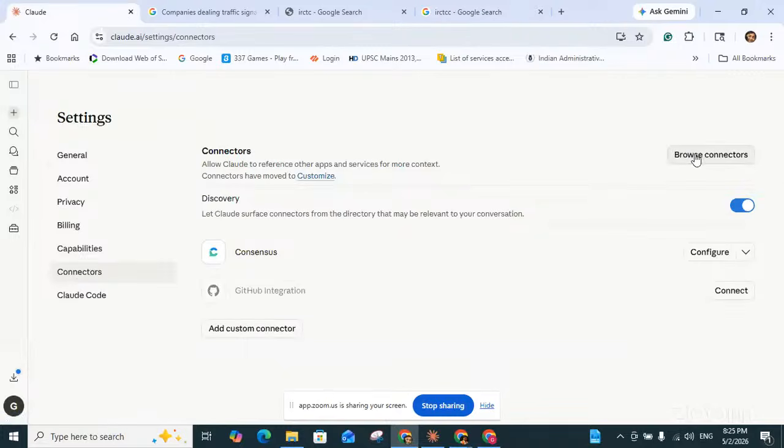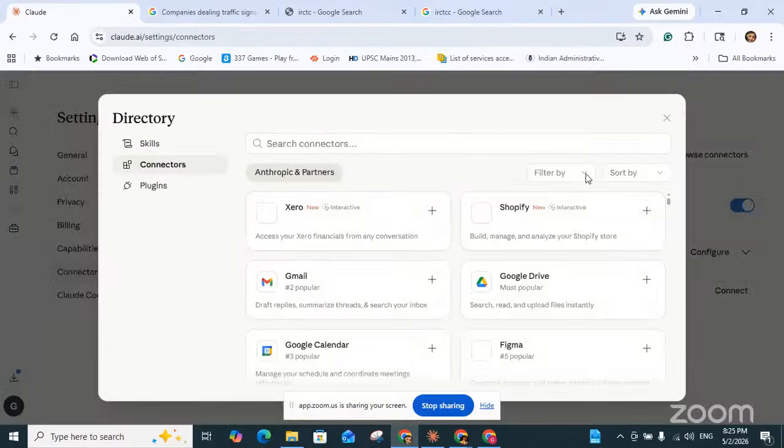Just like with Google Chrome, where there are so many extensions, Claude or any AI has some connectors. By browsing these connectors, we can see various types of connectors.